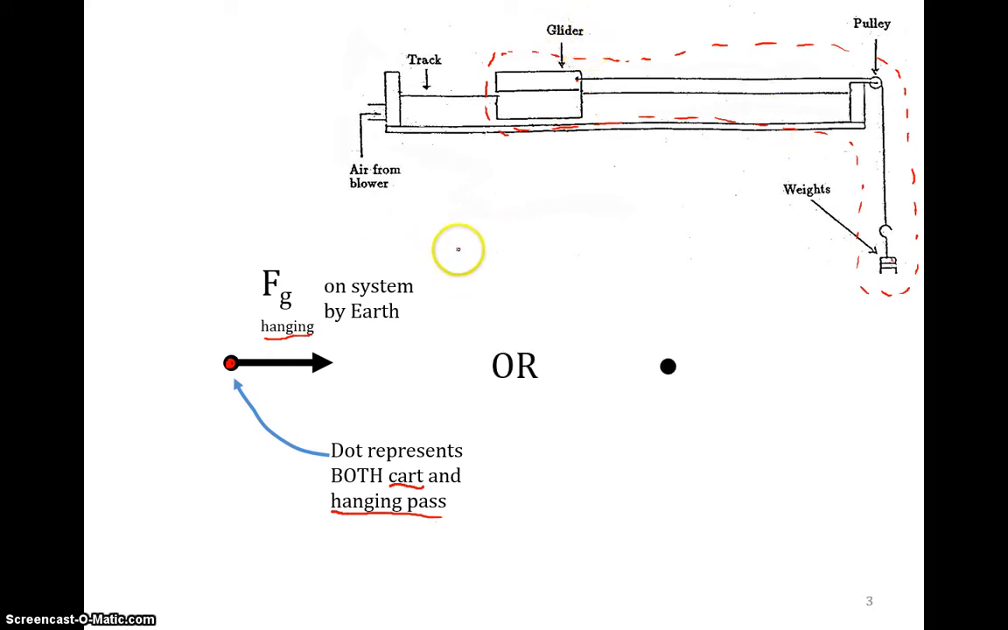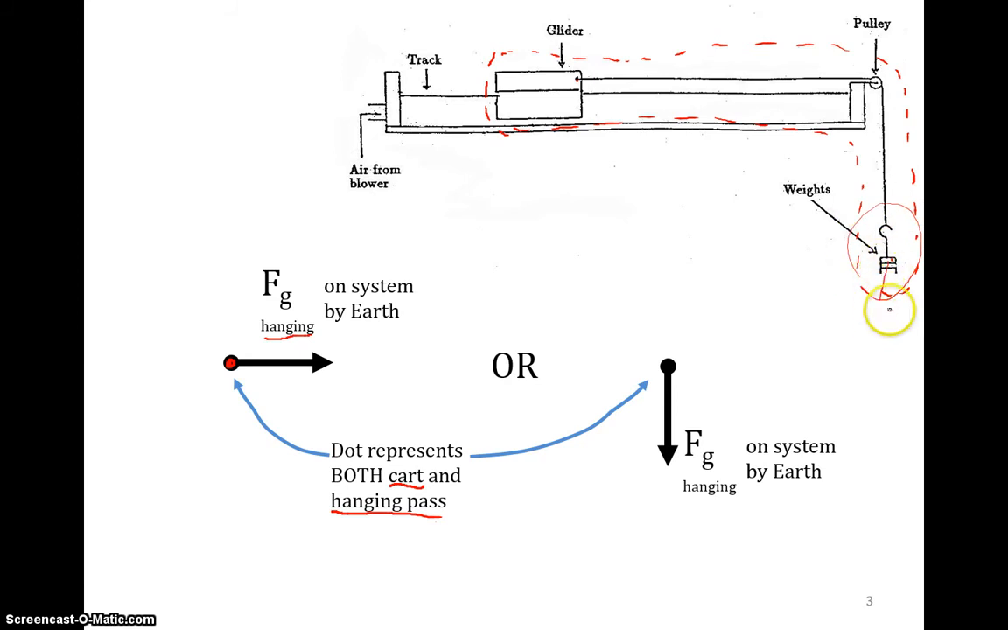So this is one way to do it, or we could look at the force of gravity on this weight here as pulling down. So same Fg, the force of gravity on the hanging mass by the Earth. And the reason we can do it either way: the down comes from the fact that over here on the hanging mass, the force of gravity is pulling down on it. The to the right comes from the fact that on the glider